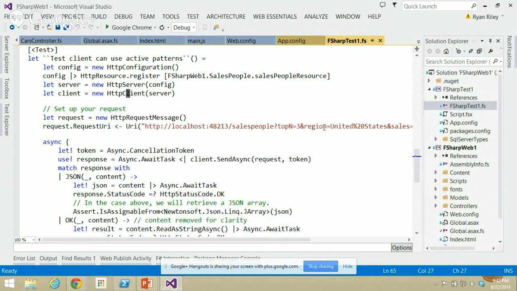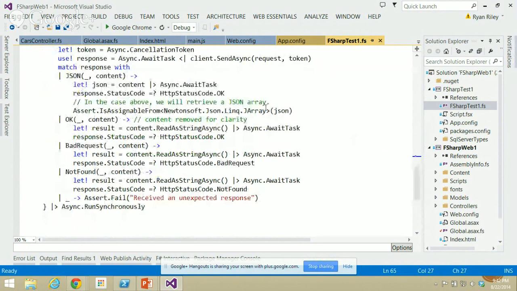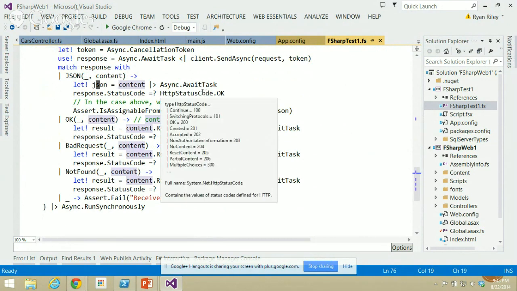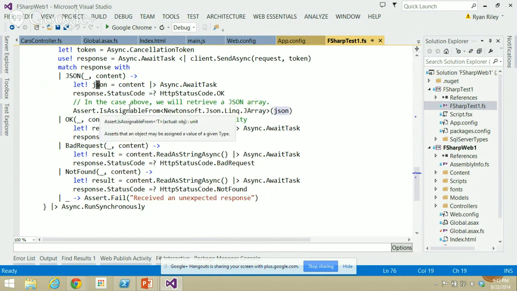It's just going to care about the actual path that's defined on that server. So when I call client send async and pass in my request and get back my response, I'm then going to pass it through this pattern matching. In this case, I'm expecting it to be JSON with that content. I'm going to await the task, get the JSON content back out, and then I've got tests in here to verify that the status code was in fact OK,